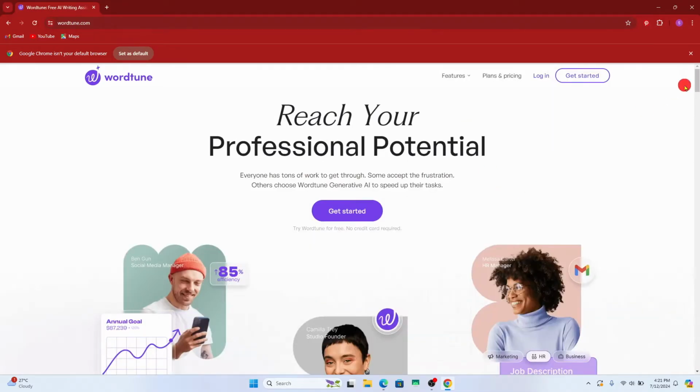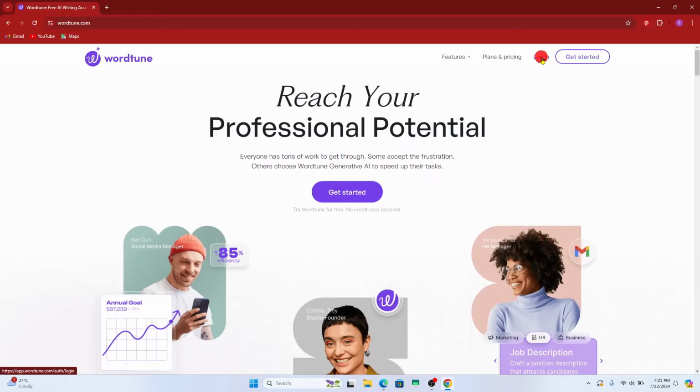Once you are inside this website, you can proceed with logging into your account if you wish to do so by clicking on the login button and using your credentials. But you can also proceed without logging in to install the application web browser version by clicking on the three